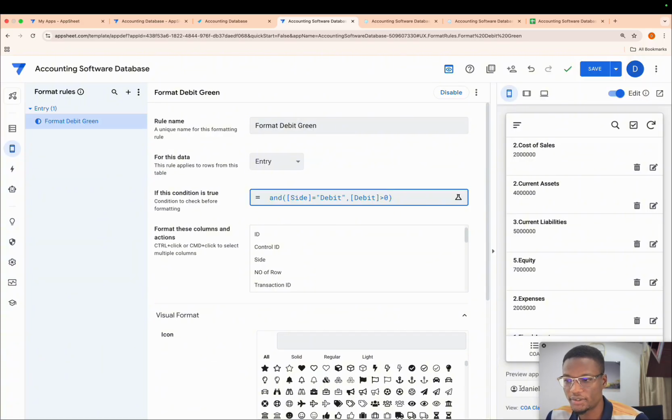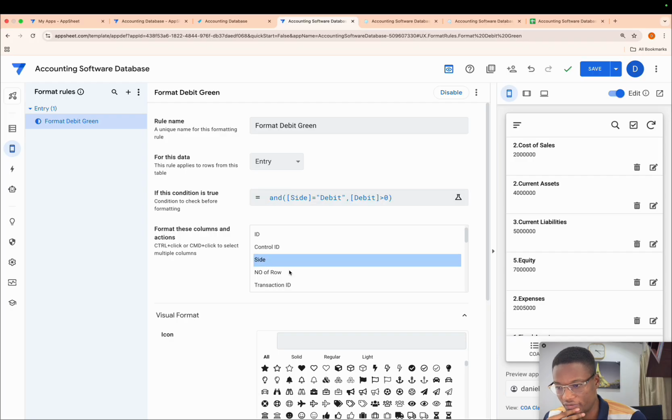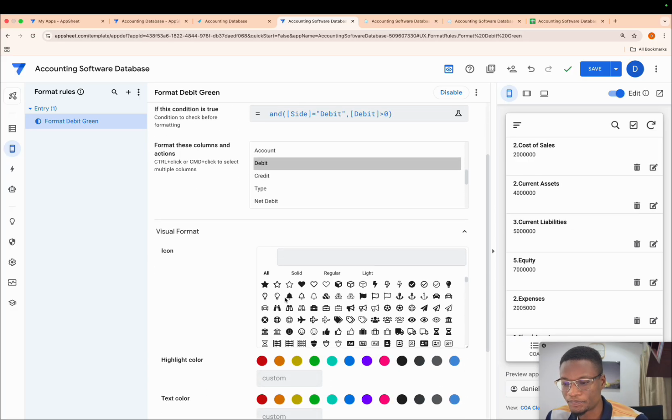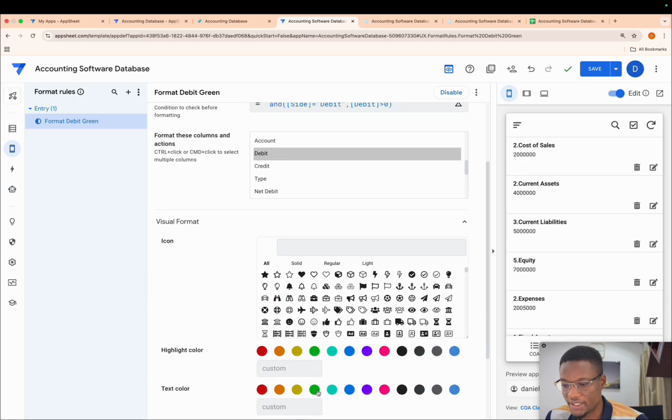Copy this. Say we're going to format this side, and then we're going to format this guy. Hold Control, select the other column. So you select debits. So I've selected debit like this. I'll hold Control and select side. These two must be selected, and I'll click out of it, and it becomes gray. That means it's actually selected. Good. So what I'm going to do is I'm going to just make the text green like that.